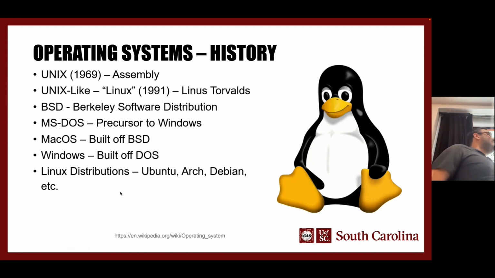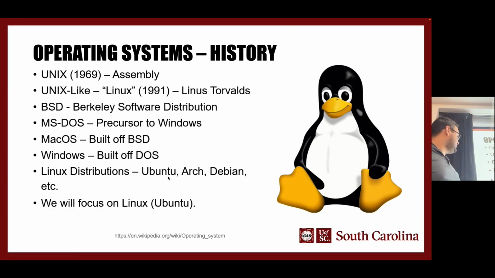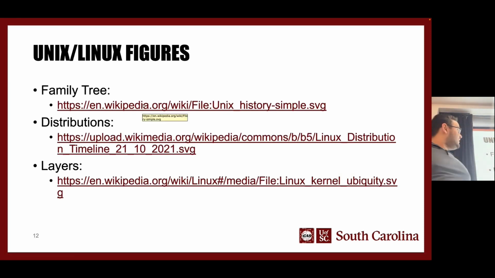These are the ones that are here today, most of them. So we have Ubuntu, Arch Linux, Debian, Fedora, Red Hat, CentOS, all these different distributions, different flavors of Linux, but under the hood, they're very similar. They all are this Unix-like system built off of the Linux kernel that Linus Torvalds created. So obviously, Unix, Linux fundamentals, we're focusing on Linux.